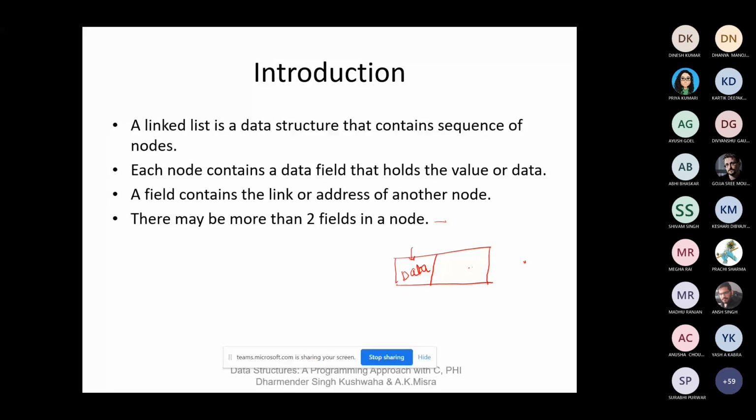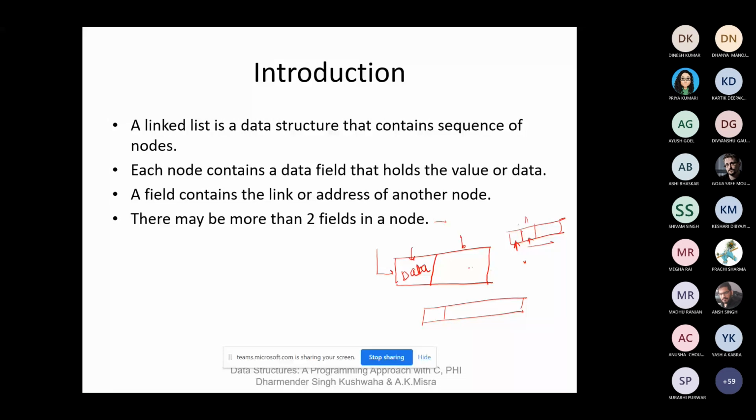Like you have seen in the array, how you can find out the address of the next node. You already know that if one node is inserted at this place, and if this is an int type, then 4 bytes plus the address gives us the address of the next node. In this manner, in a sequential representation, you can traverse starting from this point, then the next. But in memory, in a linked list, there is the possibility they will be stored at different locations.